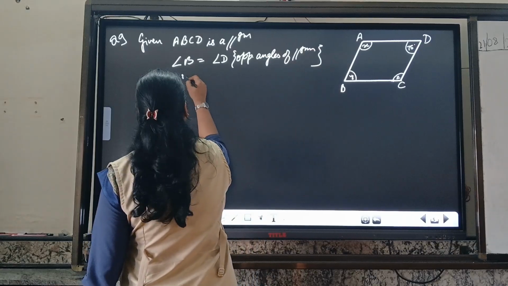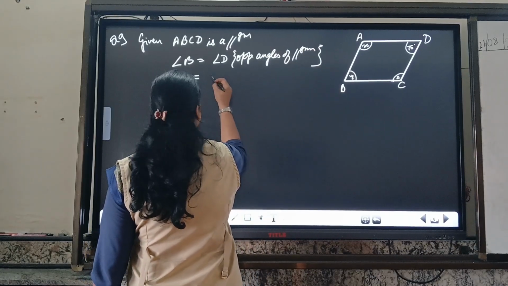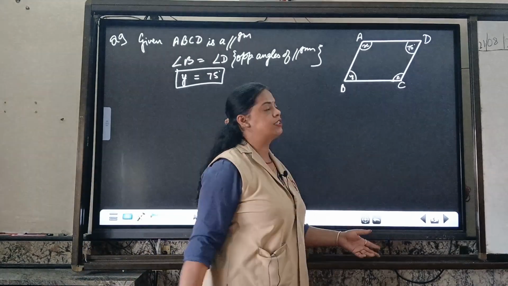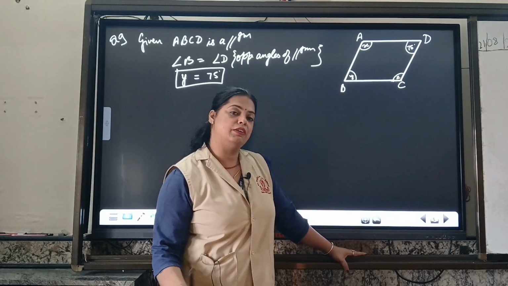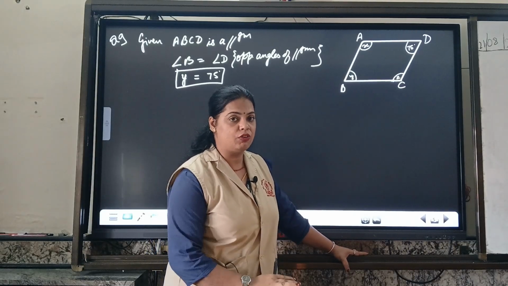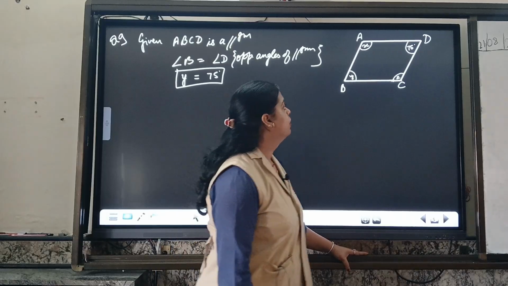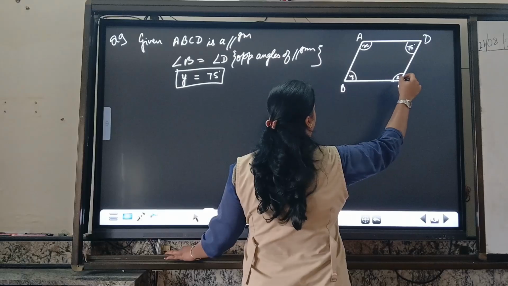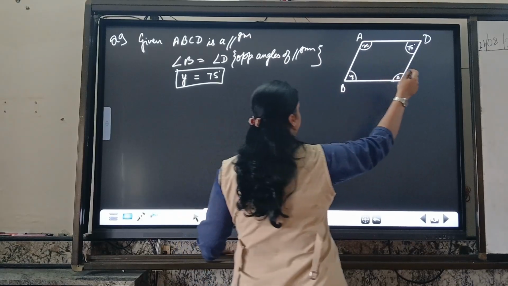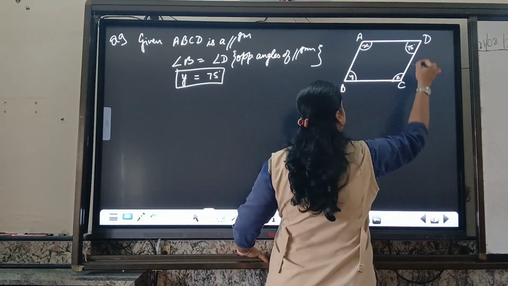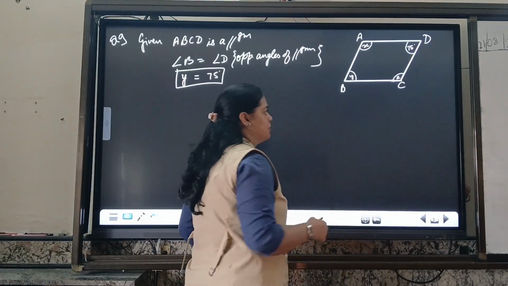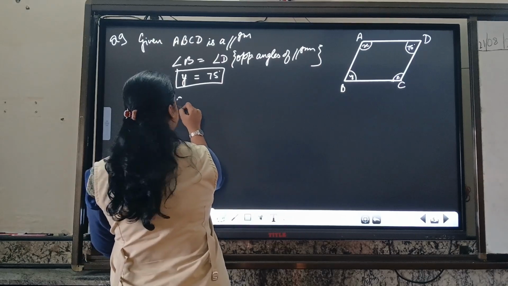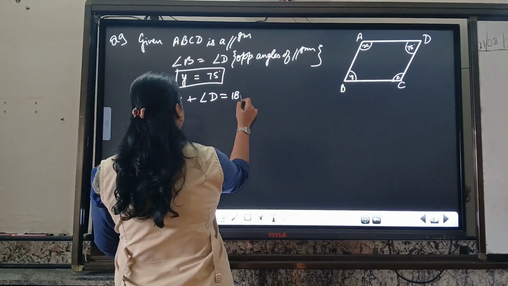So what is angle B? It is y. What is angle D? It is 75 degree. We have taken out one variable. Now it's time to find x or z, because we know that x and z again are on the diagonals and they will be equal because these are opposite angles of a parallelogram. So A and C will be equal. Because these both are missing, we can't make the equation for them. First of all, we will think that D and C are the adjacent angles, so their sum should be 180. So I will write angle C plus angle D is equal to 180 degree.